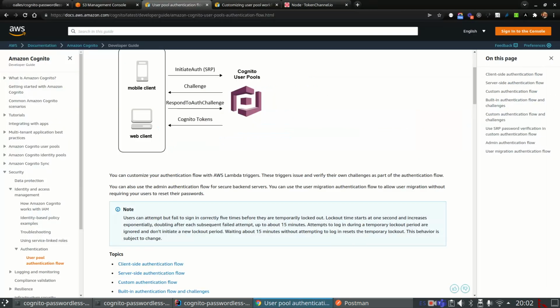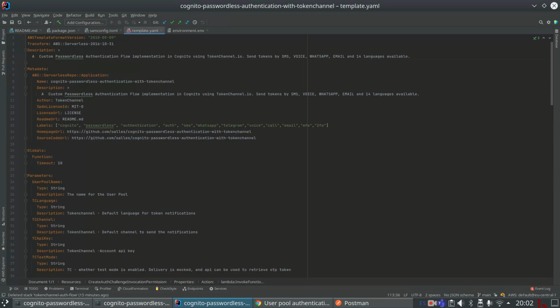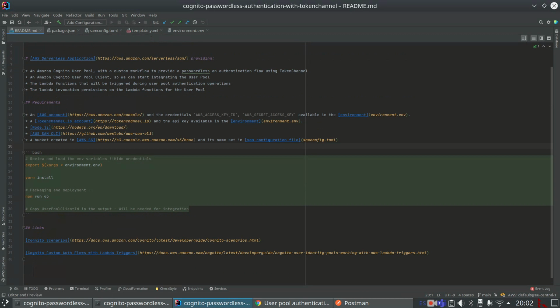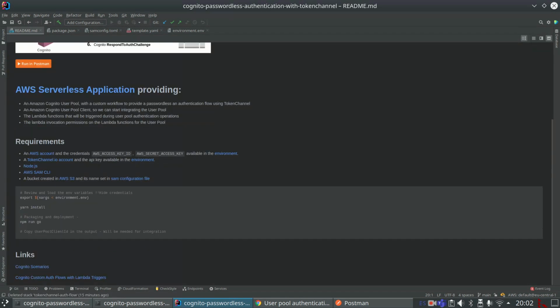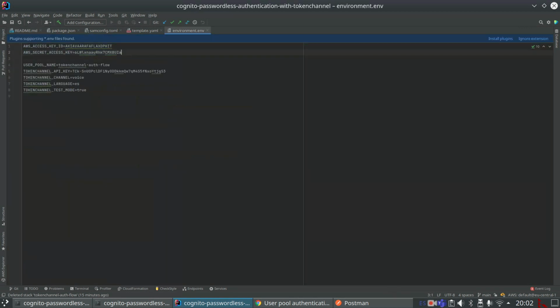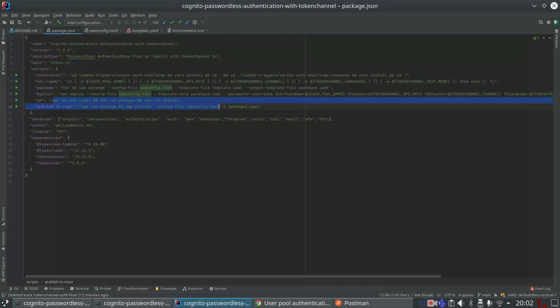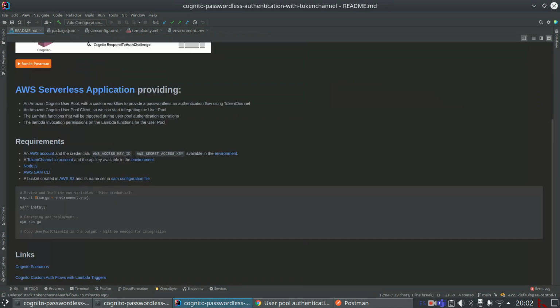You are going to see that the project is distributed as a serverless application. The serverless application model is an extension of the CloudFormation specification that is going to allow us to treat all the resources that we need to create in AWS as a single unit. So you have a step-by-step guide on how to run the project and deploy the project. So you just need to prepare the environment, be aware that you need to hide those credentials, just install the dependencies and run the package